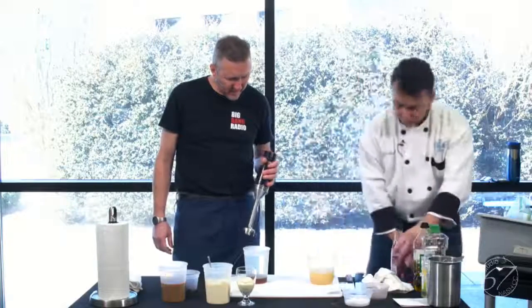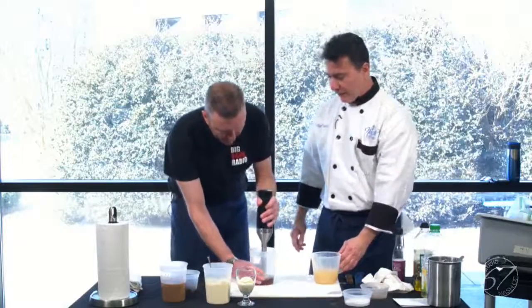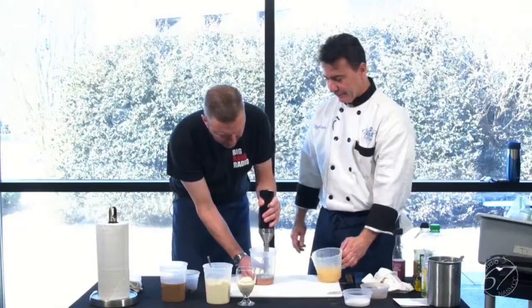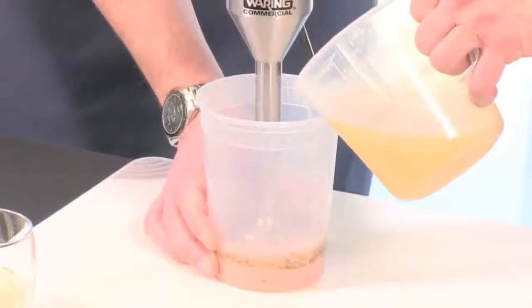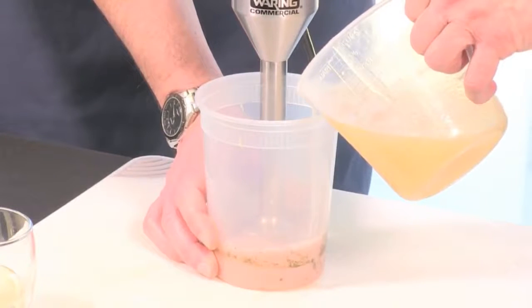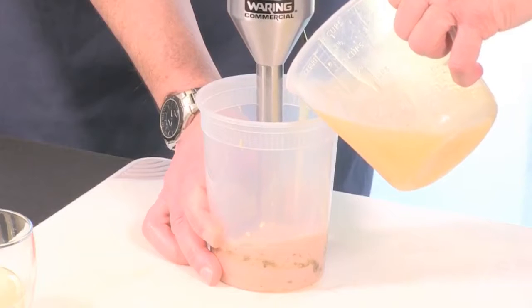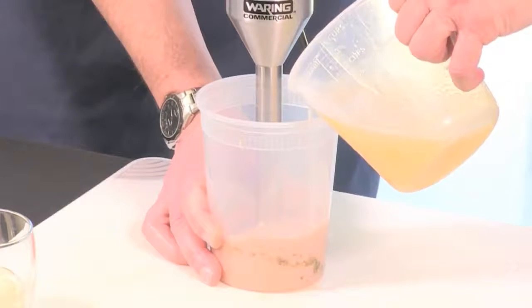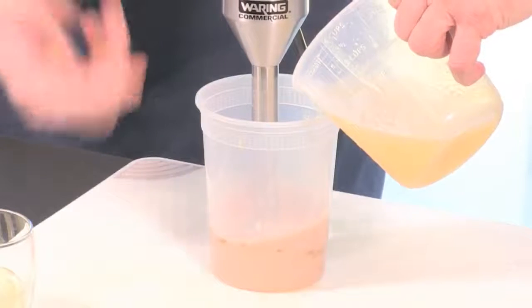Perfect. Okay, ready? I am. All right. Okay, low speed is fine. Start it up, and we slowly add the thickened chicken stock. And the funny thing about this is when the emulsion starts, you can hear the difference on